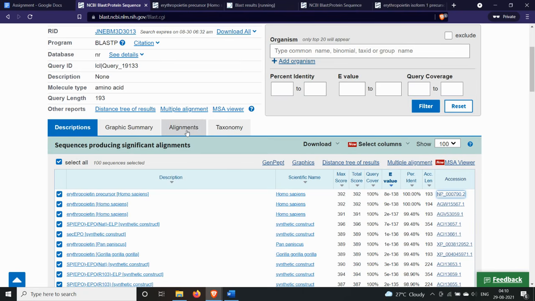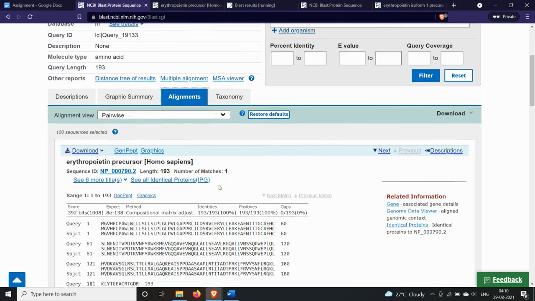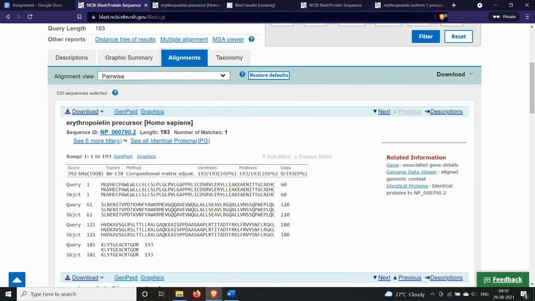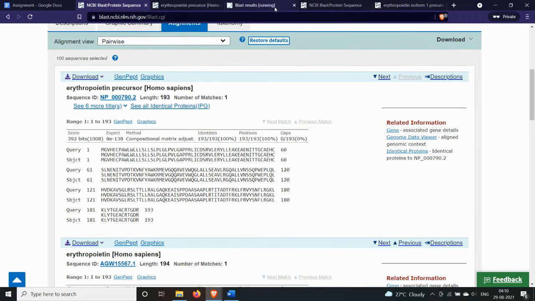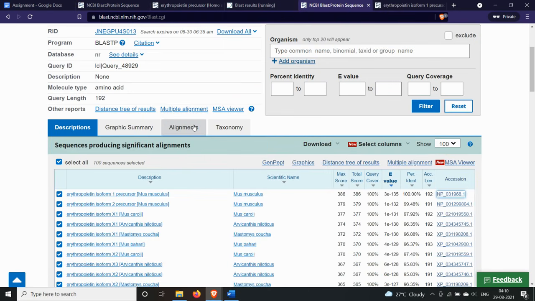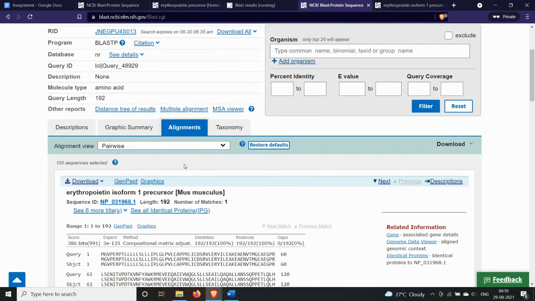You can also see the alignments of our sequence here, with the alignment to the original sequence that we searched for, and this is the query sequence. Here also we can see the alignments part.